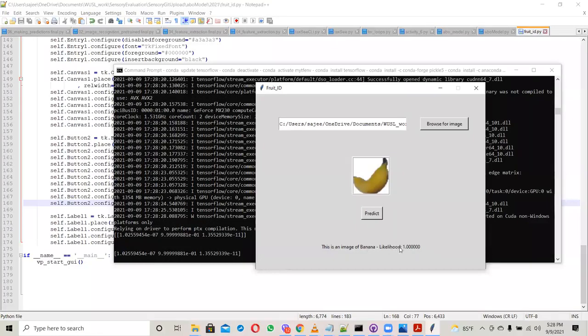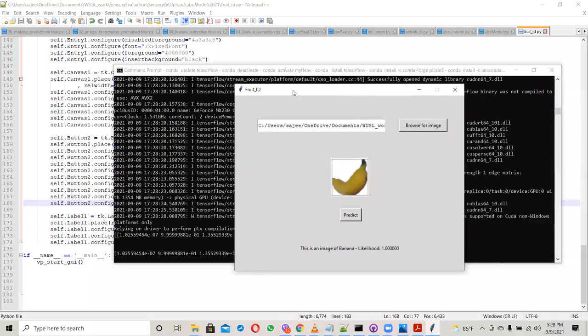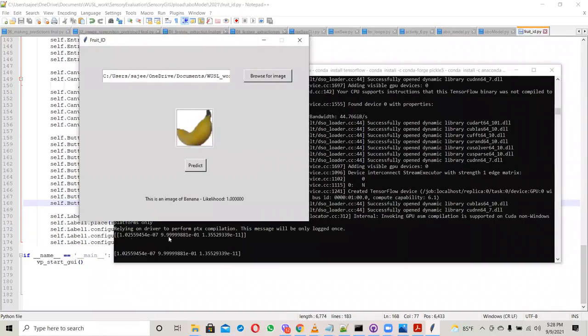Likelihood 1. Now, if you want to browse for another image, see in the background, it is calculating the probabilities. Can you see that? This is 0, 1, 2. 1 is banana. You can see the highest probability is for the index 1. That is why it selected